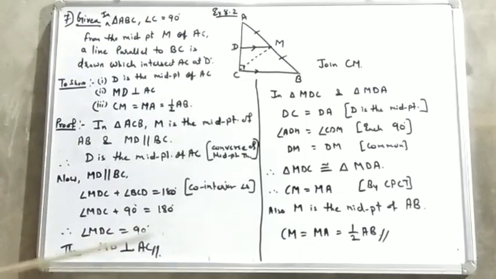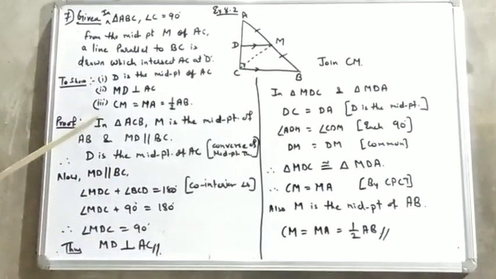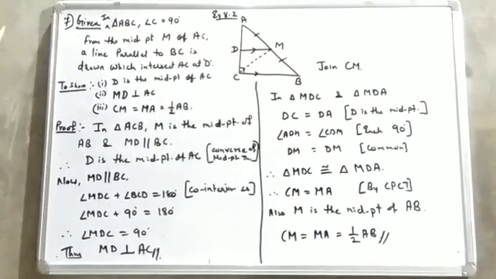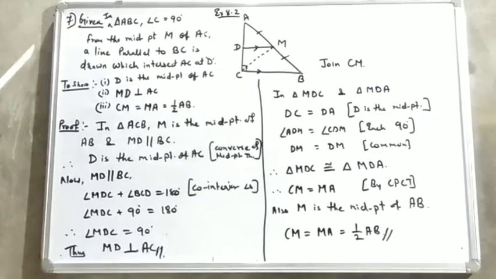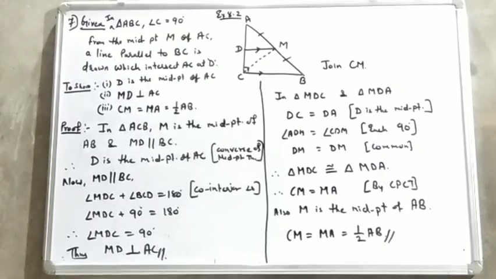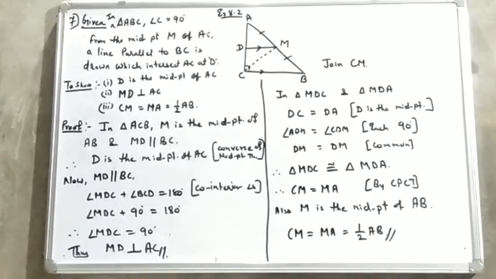You have to complete and draw the neat figure in your fair copy. And by this particular question, we have ended exercise 8.2. Question number 6 is left in between, which is your homework. After this, I will give you some extra questions related to this chapter, quadrilaterals. So as and when you finish your work, please send it to me in PDF form. Thank you.